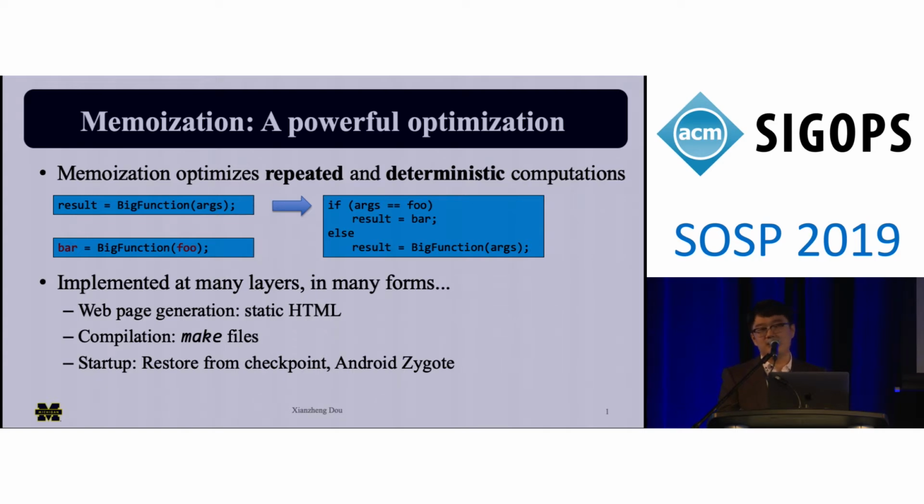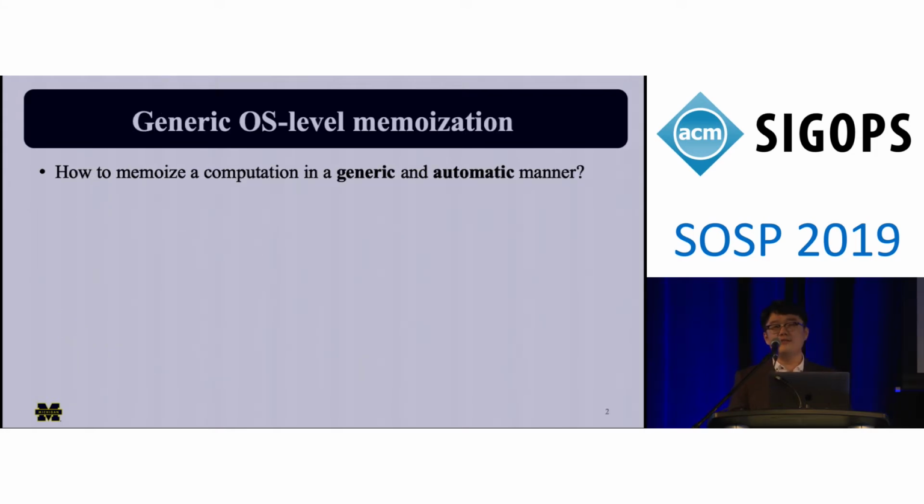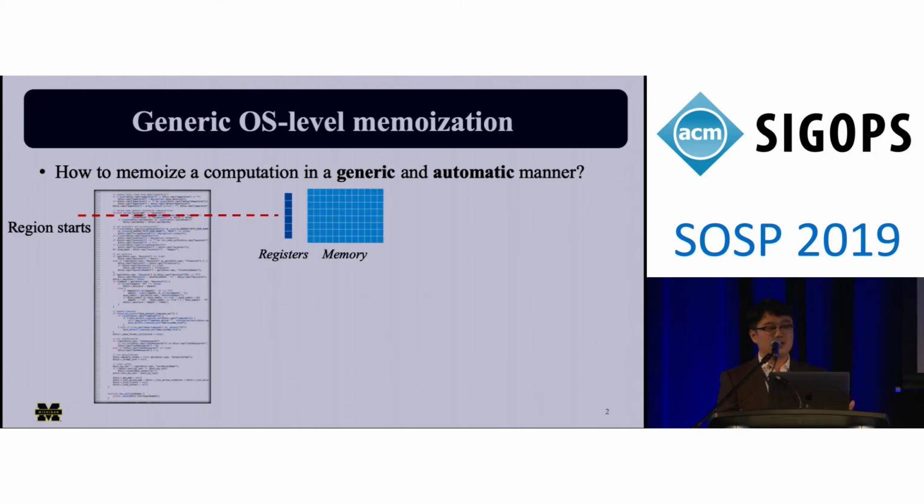If your application startup is deterministic, then you can always restore from a checkpoint taken at the end of the startup operation, just like Android Zygote does. So if we want to provide this feature in a generic way at the operating system level, what should we do? Well, given such a code region from some arbitrary binaries, we will first figure out what output is generated